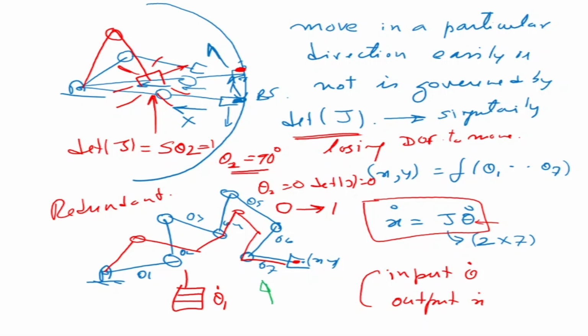Another interesting thing happening in this particular case is that you're giving an input. That means I'm giving joint velocity, but there is no end effector velocity. There may be, there may not be, because I can rearrange these links such that this joint does not move. So where did the velocity go? These are interesting things that happen, and to study them, we basically need to look at a generalized case. Generalize what is the meaning of this x dot is equal to J into theta dot.